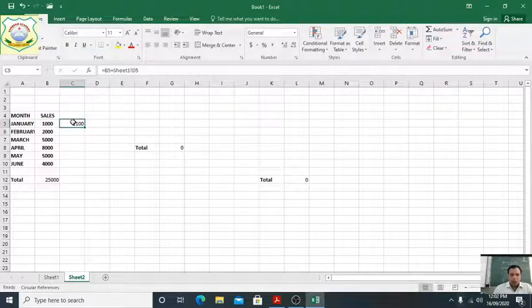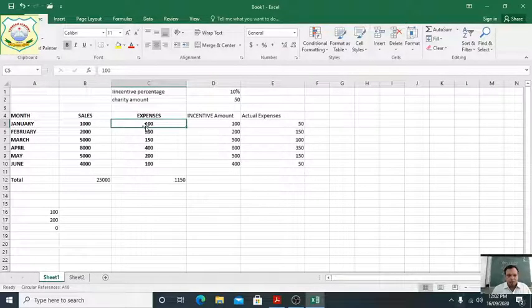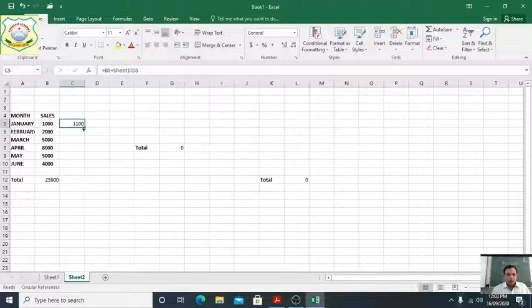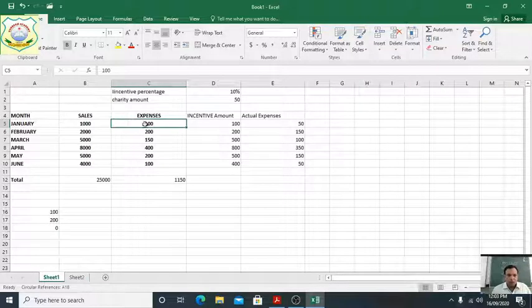Why? How did you get 1100, students? What have you written? B5 plus Sheet1. This is Sheet1. Okay? Sheet1 D5, the value is given as 100. So automatically it has been added here. B5, the value of 1000, from Sheet1 D4 the value is given, D5 is given 100.